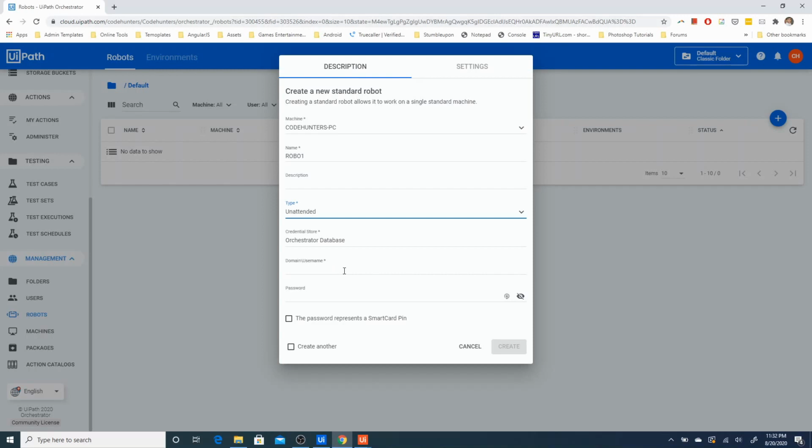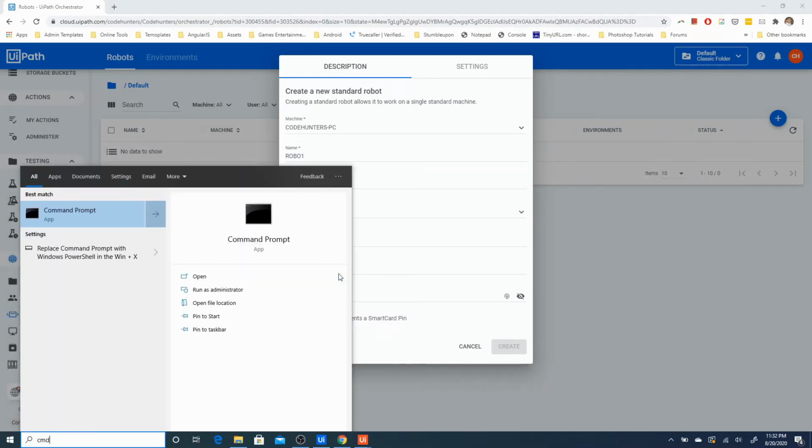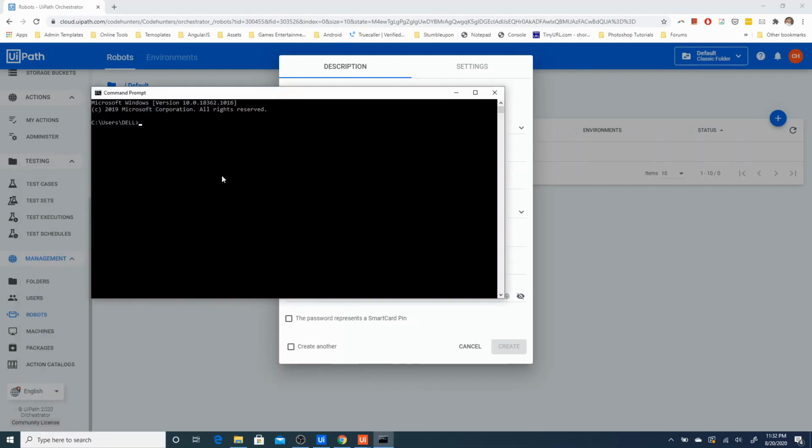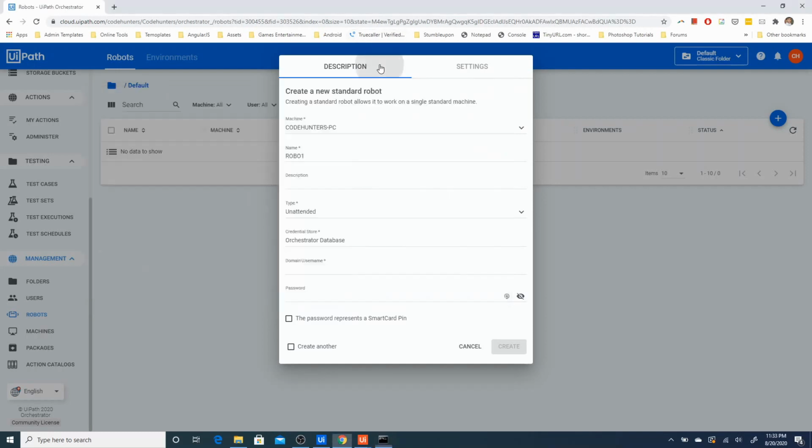So for this domain/username, use your machine's domain and username. To get the exact domain and username, you can go to the cmd, which is command prompt, and type the command whoami, which will give you the current domain along with your username. You can just copy it and paste it here,